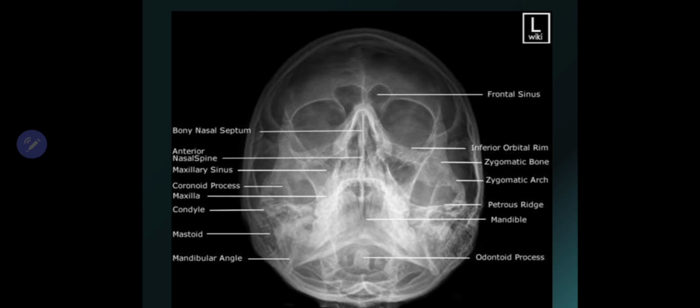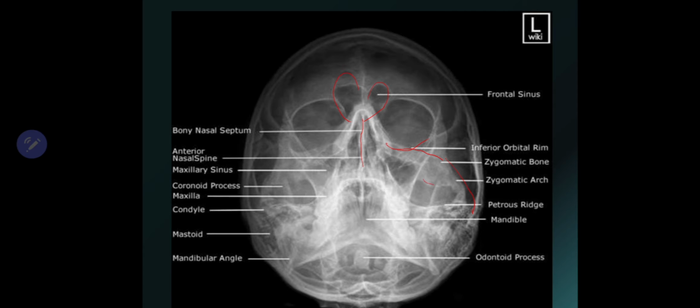This is another view in which the skull radiograph is taken. Here you see, this is the bony nasal septum. This is the frontal sinus. See, one is bigger and the other one is smaller. This is the inferior orbital rim. The zygomatic bone,